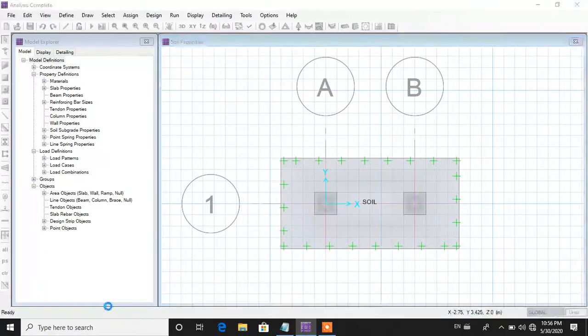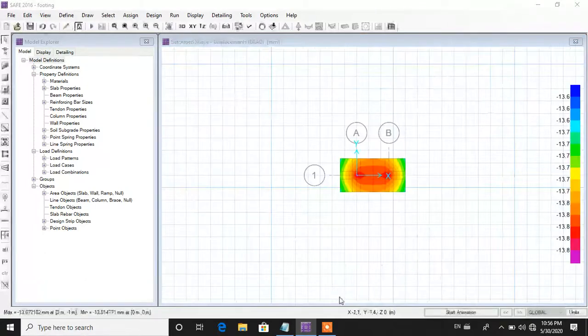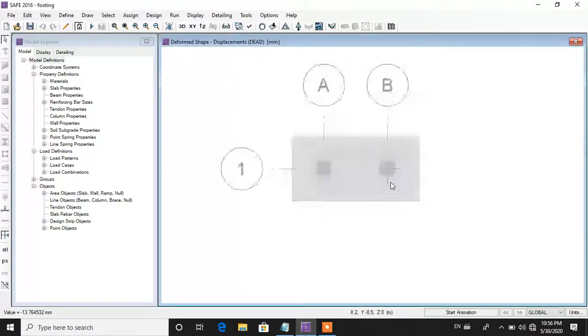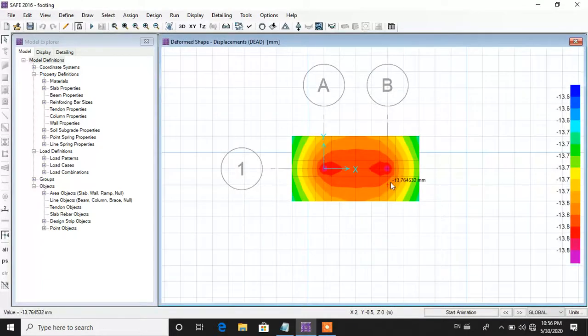Just wait for some time. You can see the displacement for various elements. Different color shows different value of displacement here.